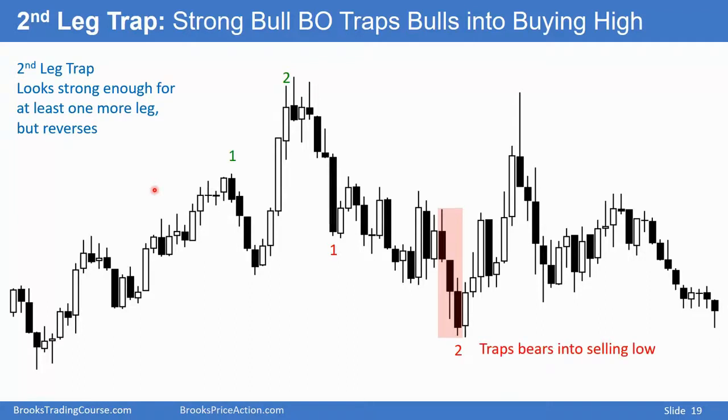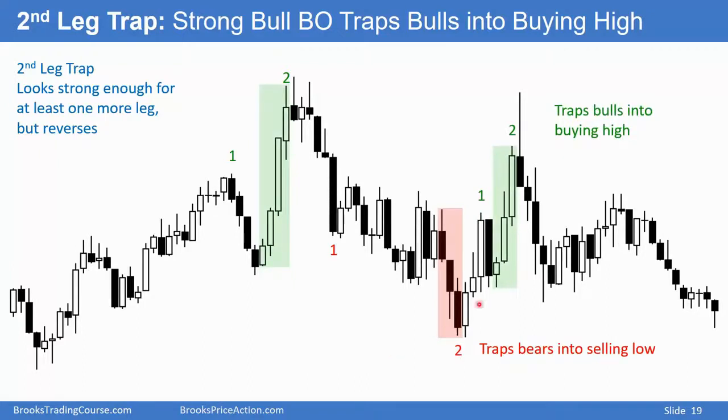Bears get trapped into selling low, just like bulls get trapped into buying high. And if you do buy up here, you have to get out, especially a second entry short with bear bars. If you do sell down here, not a very strong breakout, I think you have to get out above this bar, a failed breakout below this double bottom, and a higher low still in this trading range.